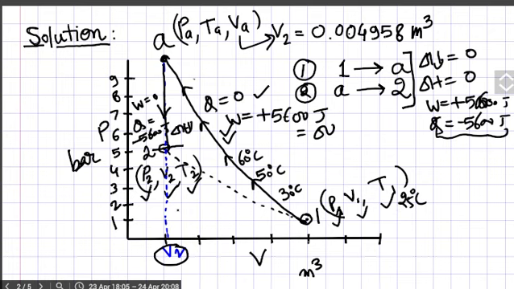So this is the answer to your question: there will be no change in internal energy, because the internal energy of an ideal gas depends upon temperature, and enthalpy also. So there will be no change, because here you are starting with 25 degree centigrade, and again you are ending here with 25 degree centigrade. So internal energy and enthalpy will not change, but to carry out the process you need to do work and take out the heat. So this is the final result of your numerical 3.2.